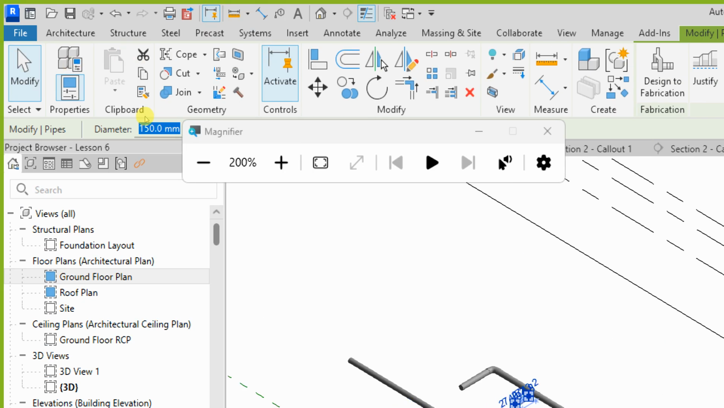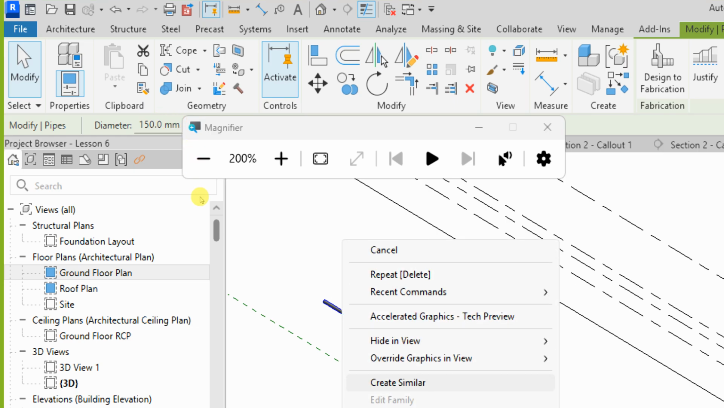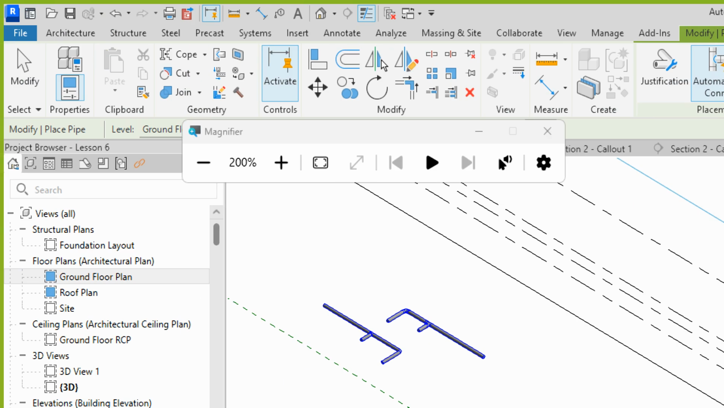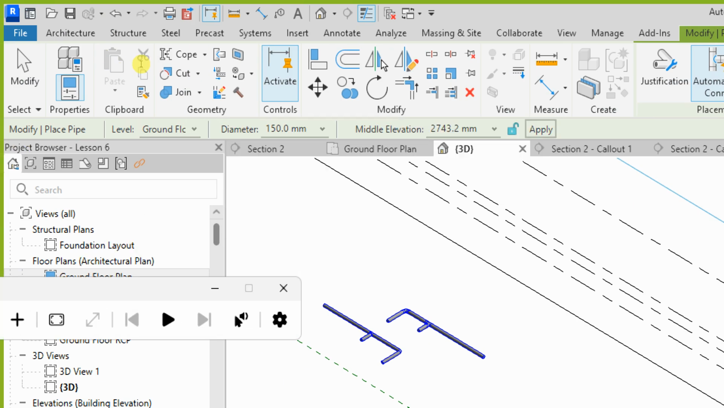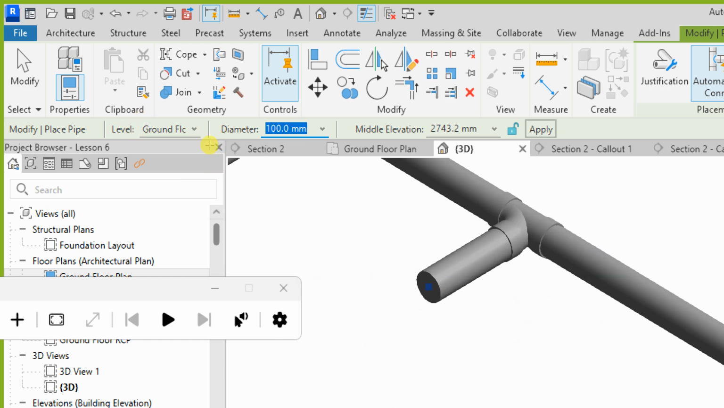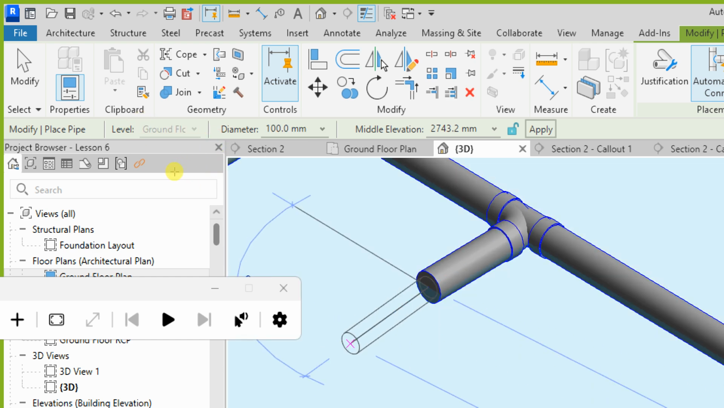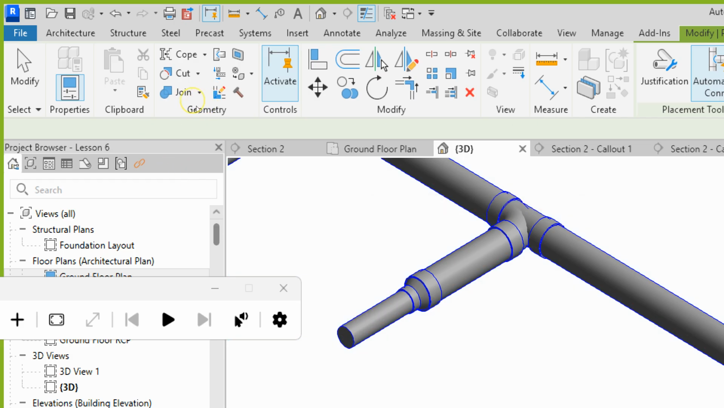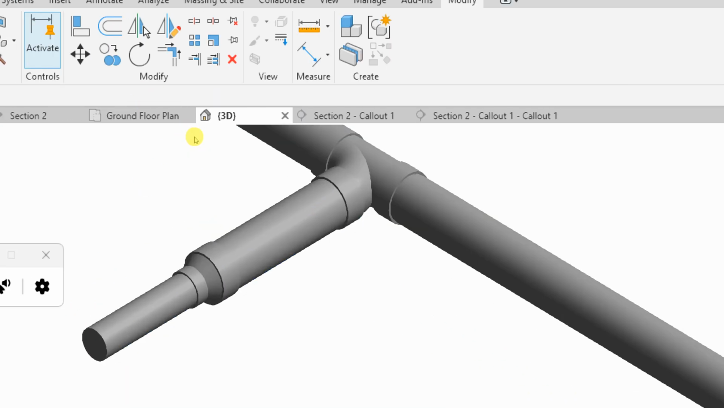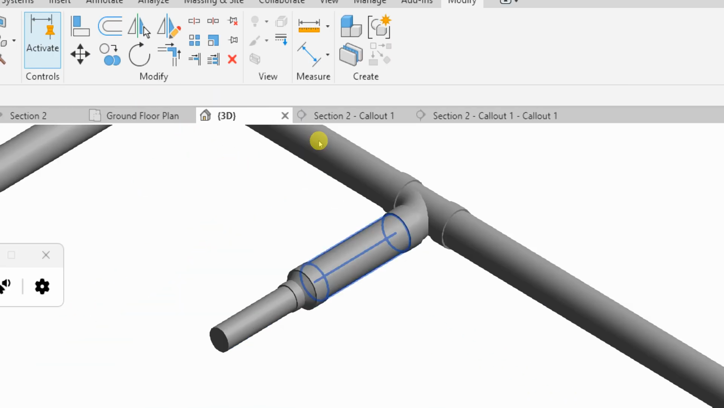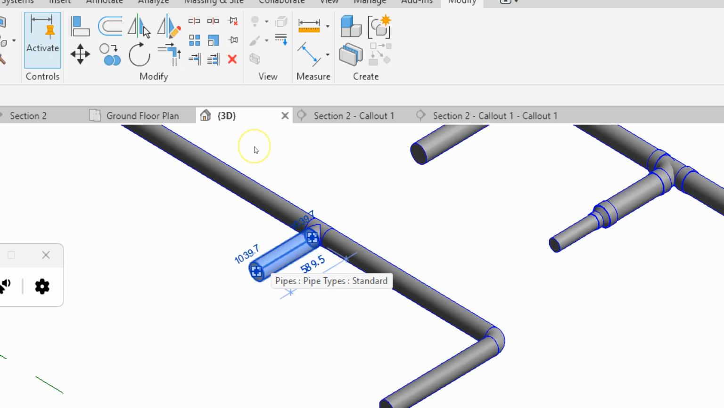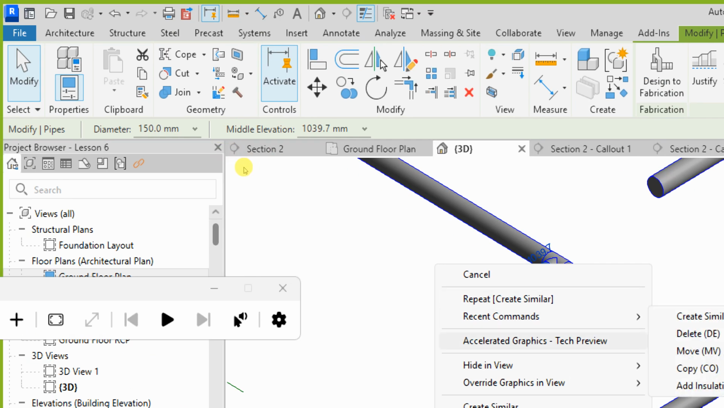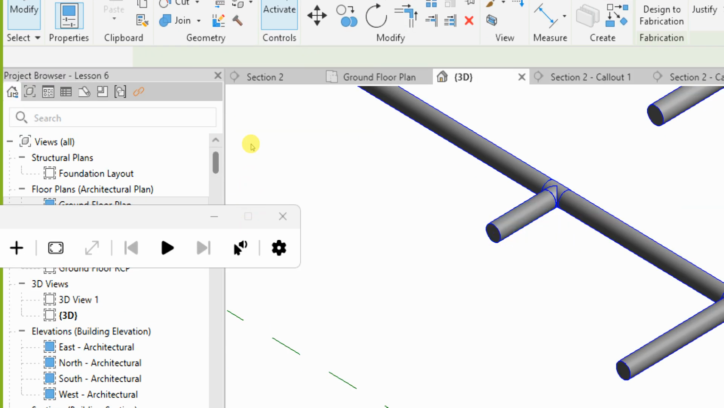size is 150. If I create similar here, and then I choose a different size, not 150, let's say I choose 100 mm on the PVC, and I come and connect here to it, and then draw my pipe. As soon as I draw the pipe, Revit will automatically add the proper transition element fixture to it. If I come to this pipe here, right click, create similar here, and then I draw from here